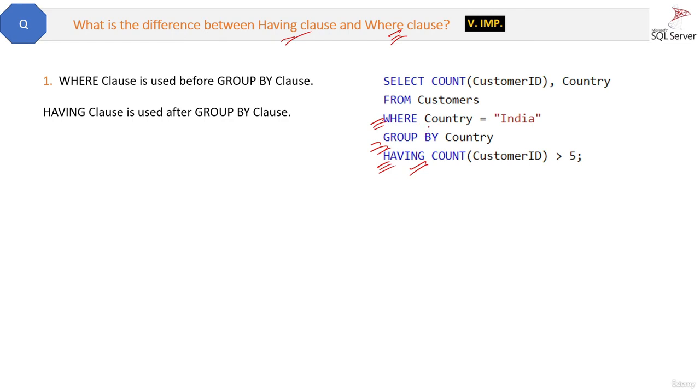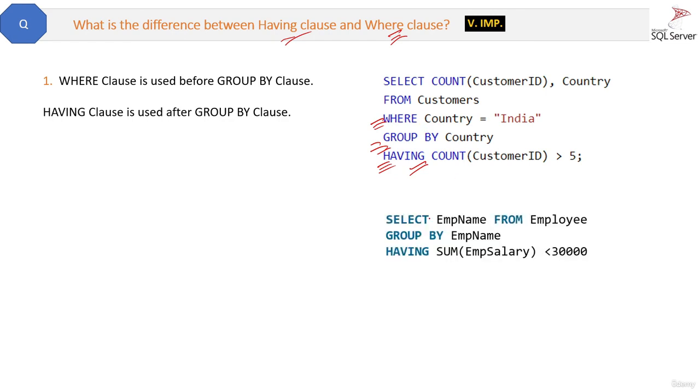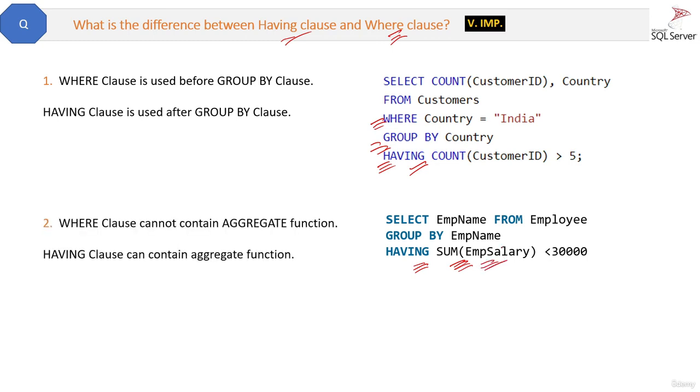Now see the next query. Now we know where clause cannot contain aggregate function. But if you see this query, then you will find that having clause can contain aggregate function like this. These are the differences between the where and the having clause. Now the simple thing is, normally we use where clause with select statements, but with group by we prefer having